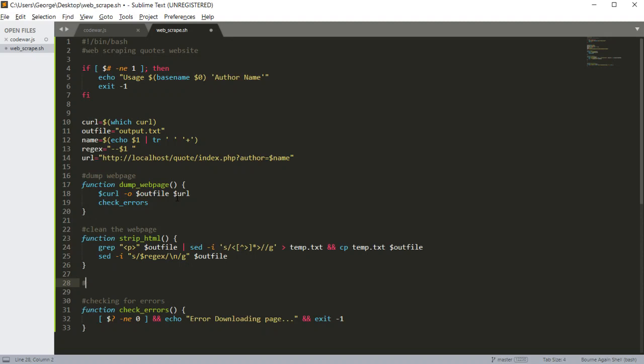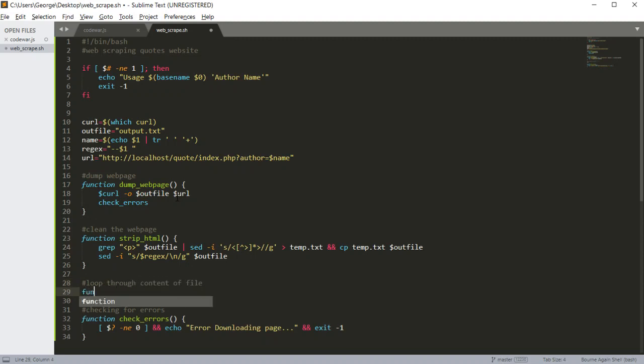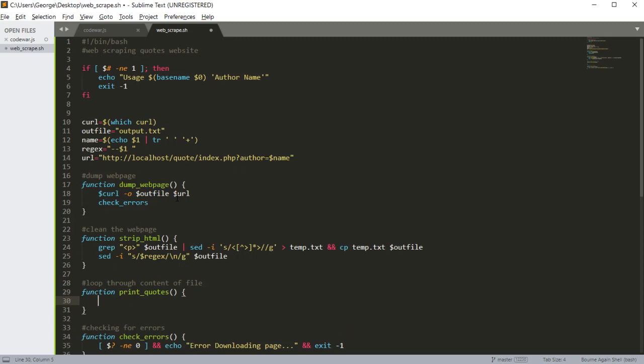So I'm going to create a function that is going to loop through the content of the file. Say get quotes, or actually print quotes, and with echo all quotes,